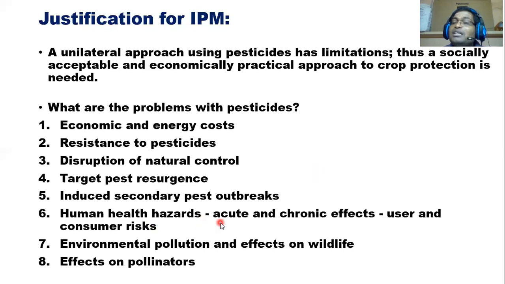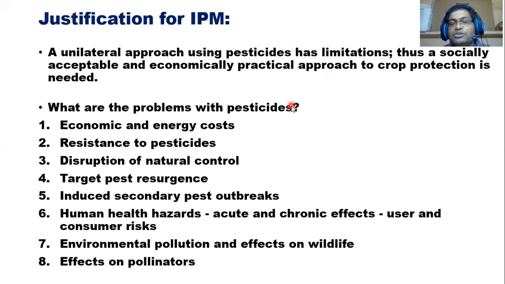Also, other than that, there are human health hazards nowadays. CKD, you all know about the chronic diseases because of these pesticides. And environmental pollution also. Too much pollution: drift pollution, noise pollution, air pollution. Especially pesticides, through contamination of natural water sources, soil contamination, and drift, directly impact human beings and other animals. So these limitations justify that IPM is important for pest management.